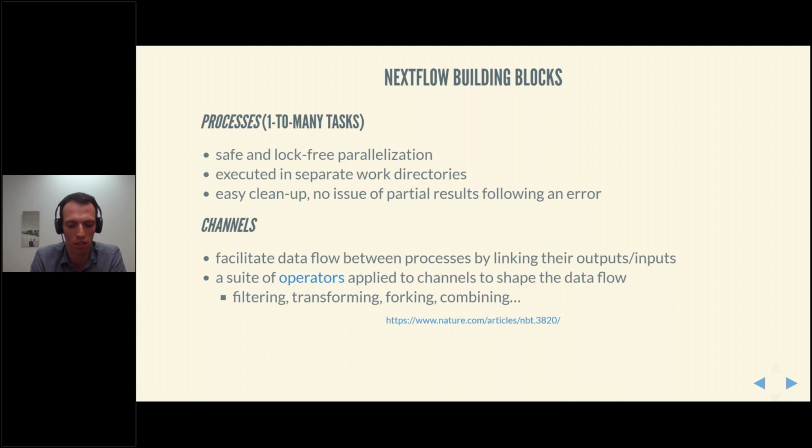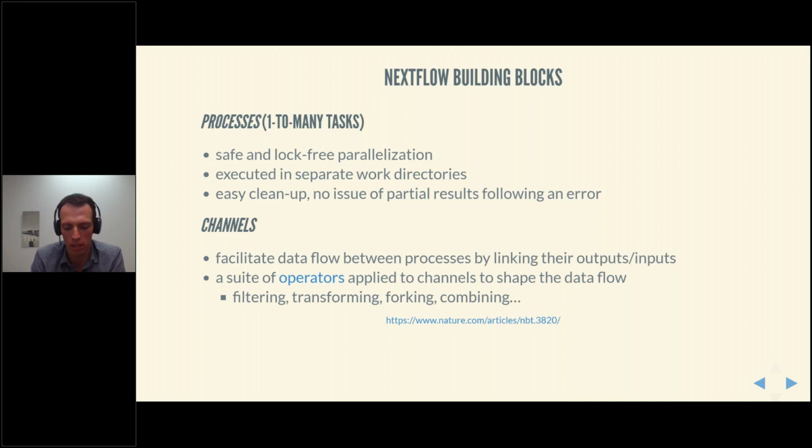Each task is executed in its own directory, which helps with safe and block-free parallelization. It helps with easy cleanup, and it facilitates the caching system so that the tasks can be rerun only if either the inputs or the script's definitions changed, so that you don't have to recompute the whole workflow from scratch just because something failed way downstream.